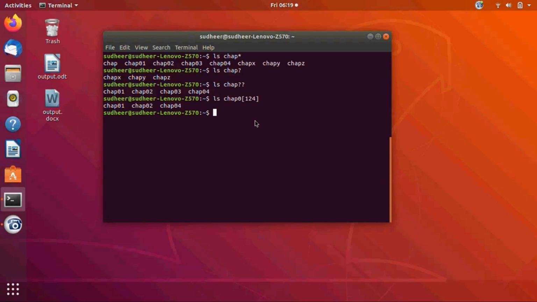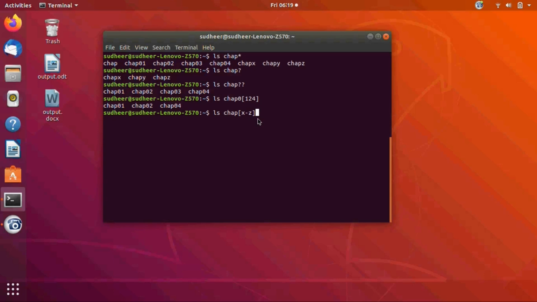Now the next example, ls chap, where I will take a range from x to z. Here I want to search for the pattern which starts with chap, and then the range I have given is x to z, so it considers x, y and z.